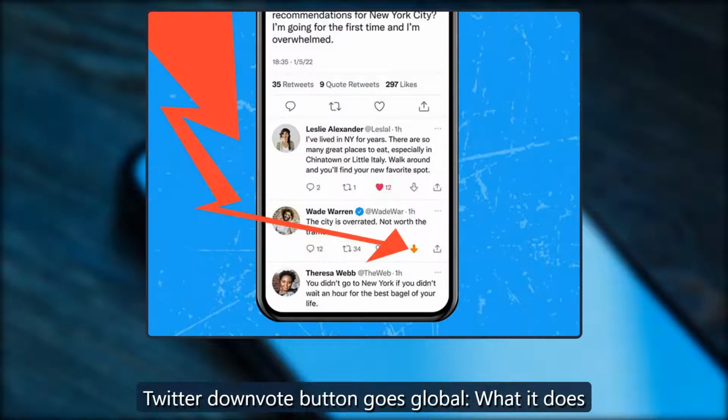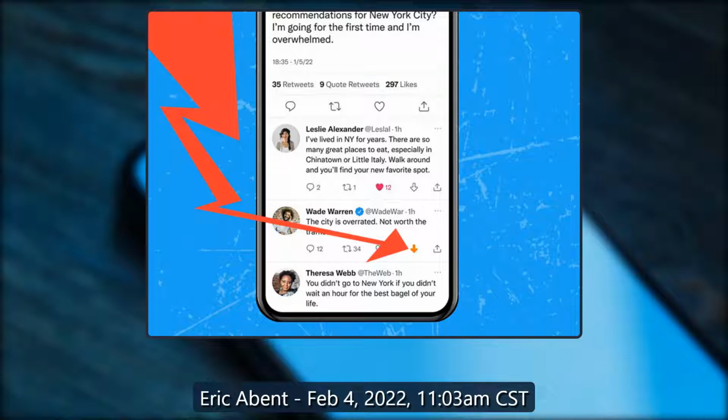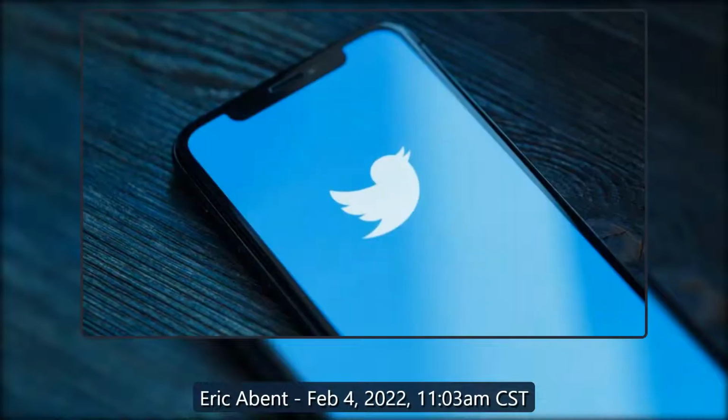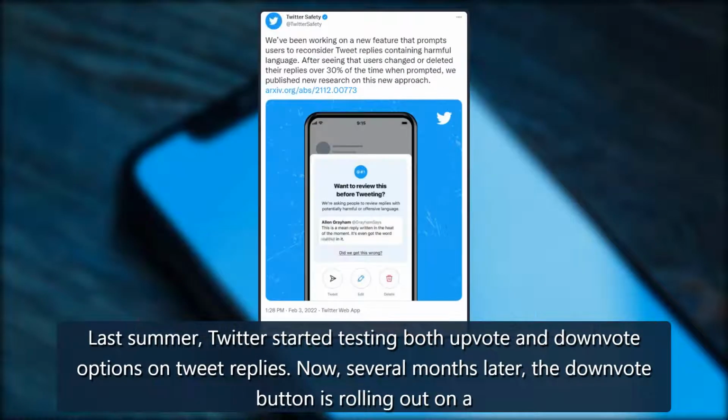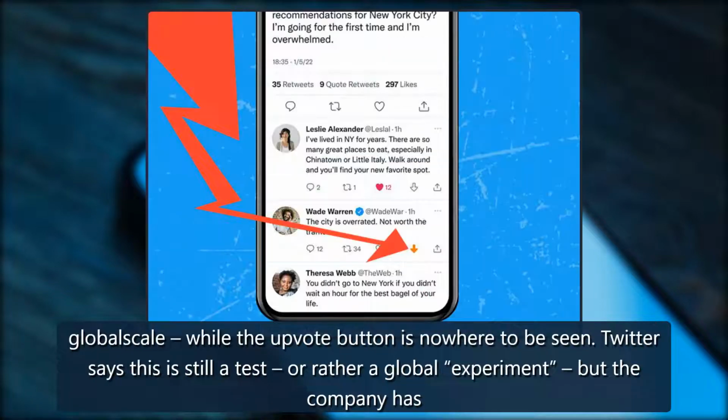Twitter downvote button goes global. What it does. Last summer, Twitter started testing both upvote and downvote options on tweet replies. Now, several months later, the downvote button is rolling out on a global scale, while the upvote button is nowhere